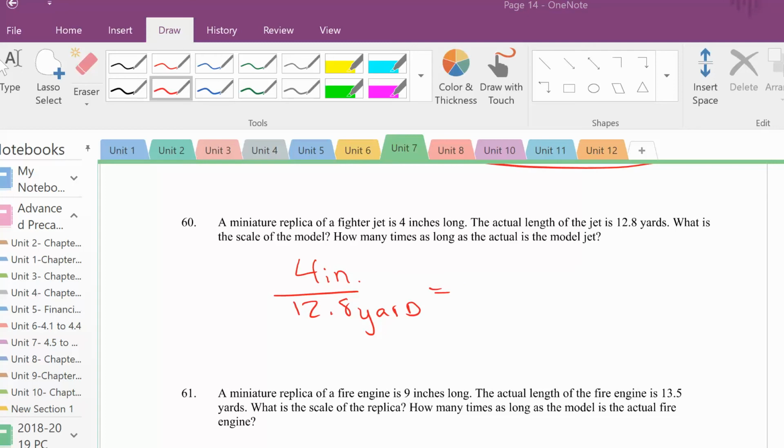So first, if you're trying to find the scale, I would change them into the same unit of measure. So how many inches are in a yard? Since there are 3 feet equals 1 yard, and 12 inches is equal to a foot, that means there are 36 inches per yard. So if you go 12.8 times 36,